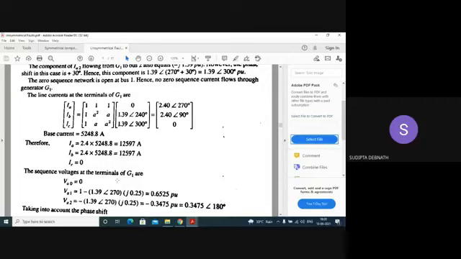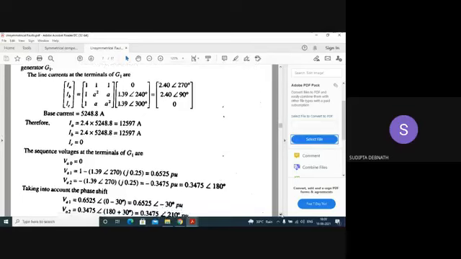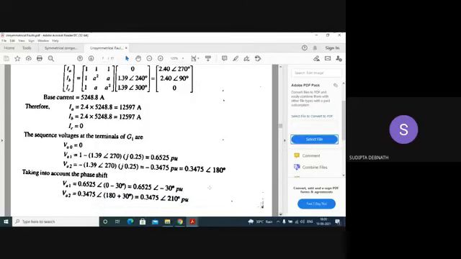Okay, because you have already considered VA1 and VA2 by phase shifting due to the transformer. So here it is already incorporated. So find out this one. And this is actually the phase sequence voltages at the terminal of the fault point. Okay, and to account for the phase shift, you have to consider the phase shift at the generator terminals, and that will be this one.